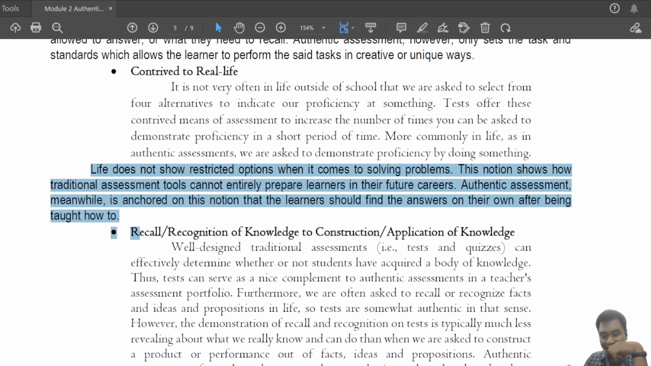Hindi siya naka-restrict sa apat na pamimilian lamang. Okay? That's what makes authentic assessment quite well. Kaya sa authentic assessment, minsan makikita mo sa demo teaching, merong technical issue. Biglang na-delete yung file. Biglang hindi gumagana yung technology. Anong gagawin ng teacher? Anong gagawin mo kapag ikaw yung napunta doon? Okay? That is an authentic showcase of skill on how you handle problems na hindi kayang maipakita ng traditional assessment